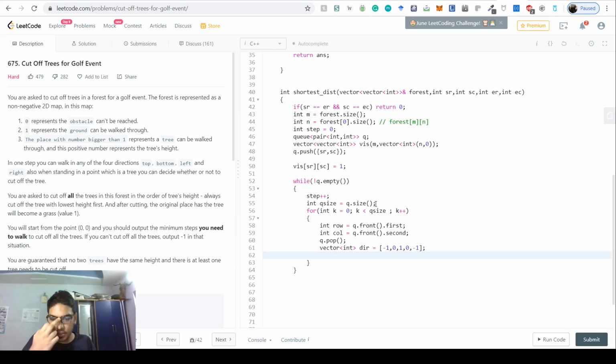So for all of these things, for int i, I know I have used i multiple times in this entire thing, i less than 4, so all the 4 directions, because we can go from top, bottom, left and right, increment i.